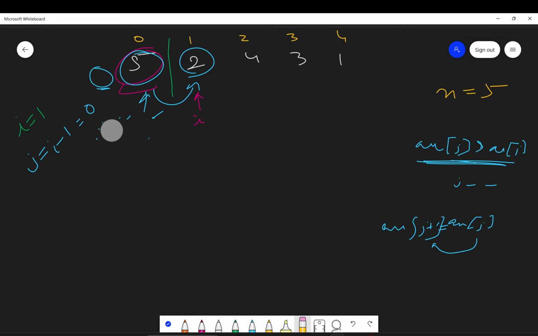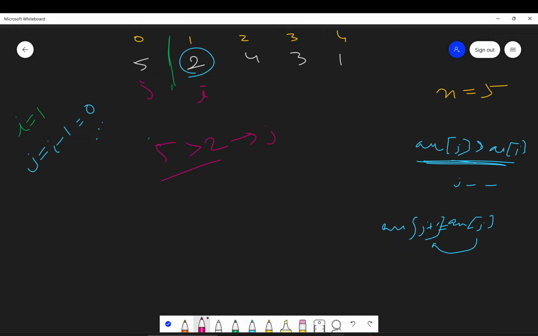If you're not able to understand, don't worry. We will dry run it. You will understand better. So let me just quickly write it. This is 5. Okay. We have the partition. And here we have I and here we have J. So see what we will do. We see that ARR of J is 5 and it is greater than ARR of I, 2. So we will decrement J. So J was 0. Now J will become -1.